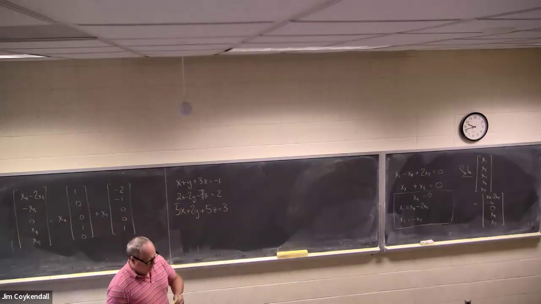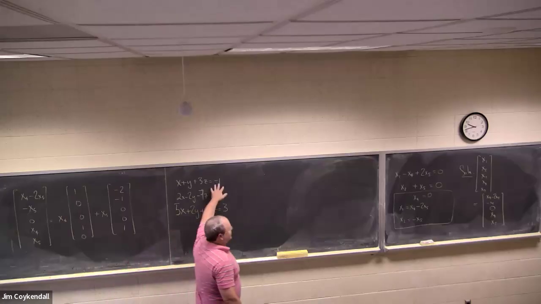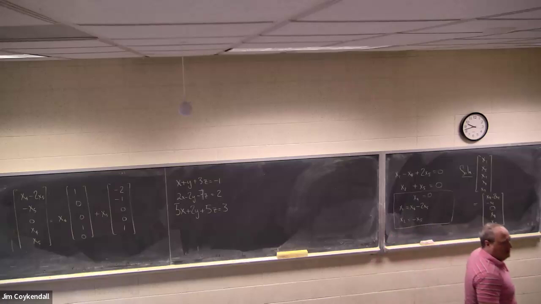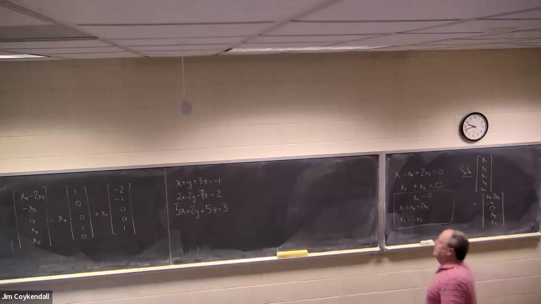Okay, so this one is not homogeneous, right? Because these are not zeros. They have to all be zeros on that side to be homogeneous. And so it's not even clear, is it, that this is consistent? This may have no solution whatsoever. So